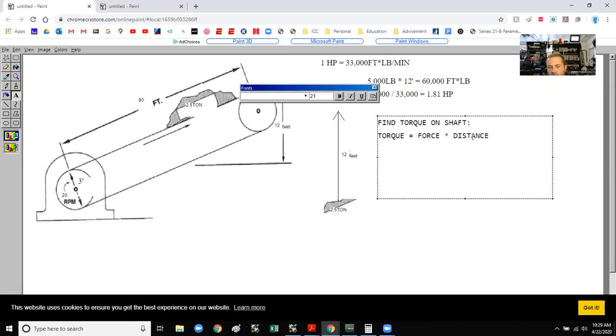We're not taking into account the work being done by the motor at the same time. You're assuming that the conveyor is sitting still, and we're just finding the torque felt on the shaft, the same way as whatever was being felt on my shoulder. So in this case, it would just be